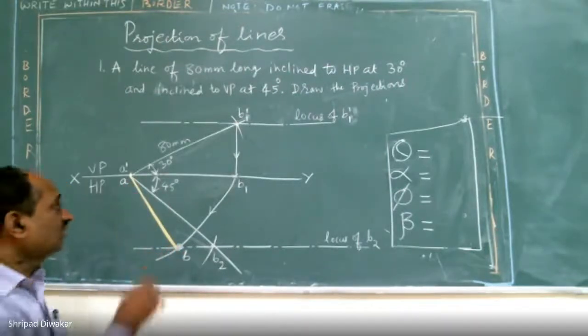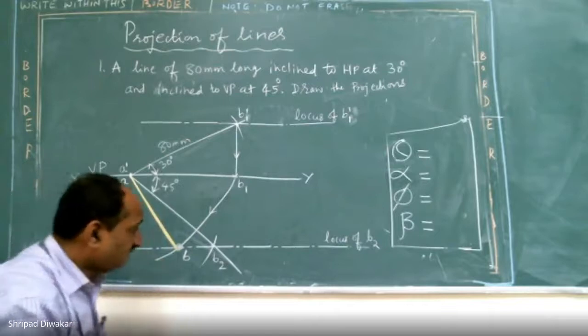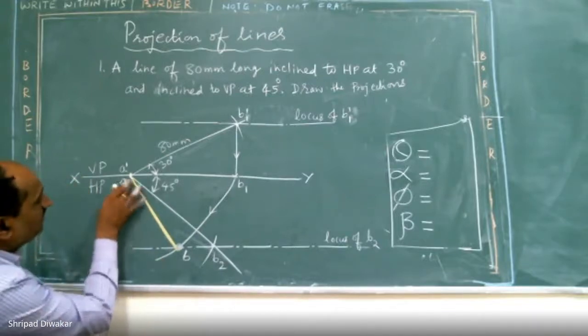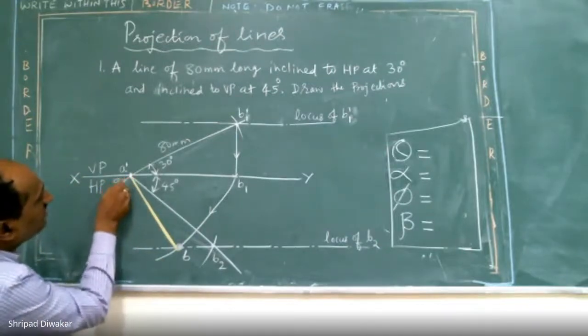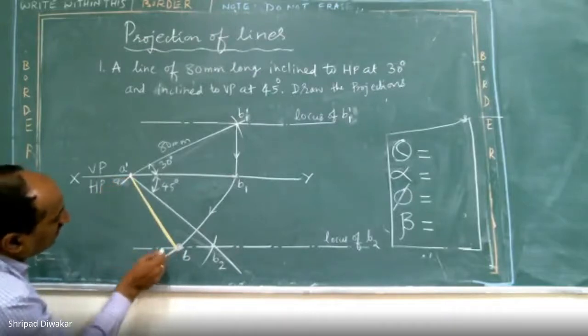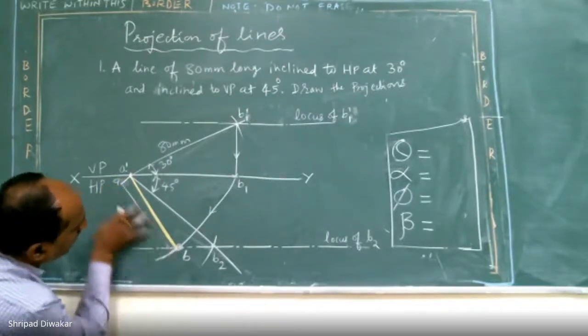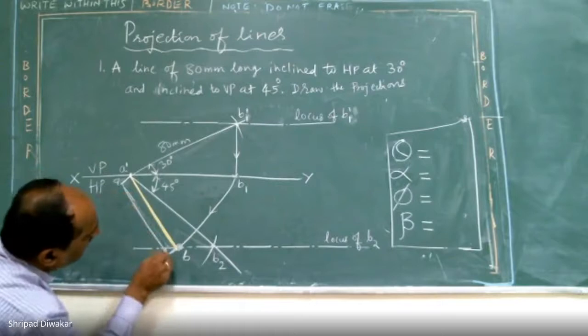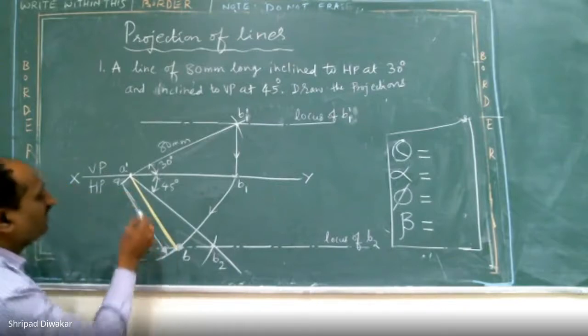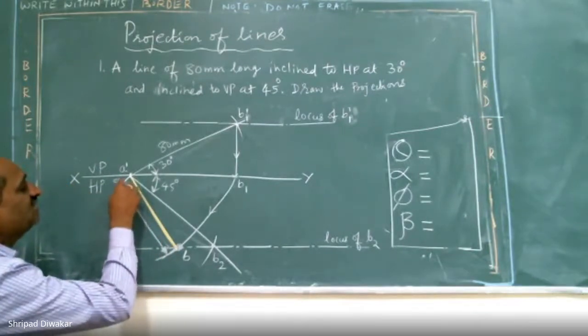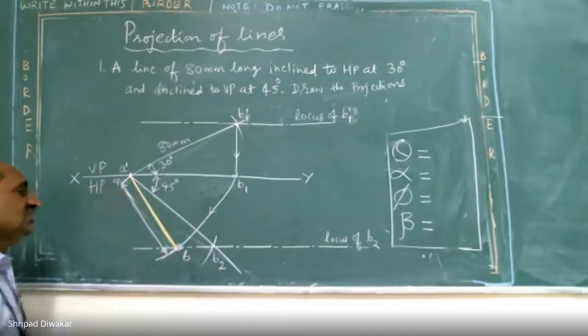After getting this one, you have to measure AB. What is the AB distance? How much are you getting? You have to draw a straight line, and at the end you have to put the arrow mark. This is a dimension line. You have to measure the dimension. Anyone? Sir, can you repeat from that arc, sir?